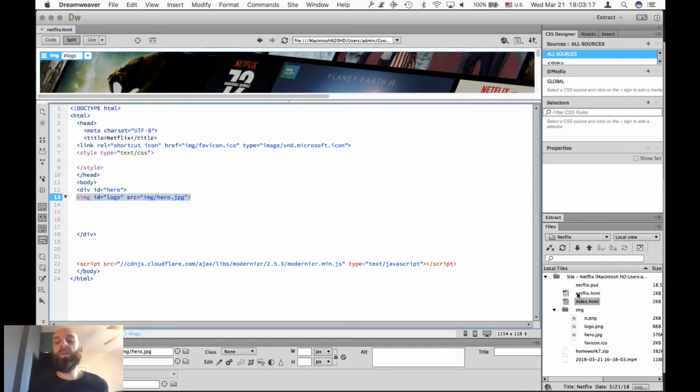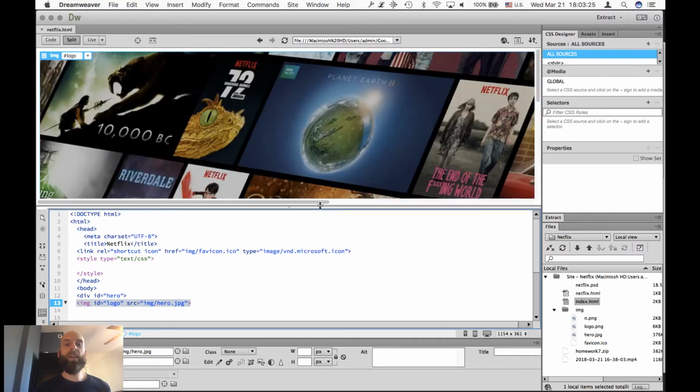But if I wanted to view Netflix, I would do the domain, whatever, .com/netflix.html. So I already noticed I made a mistake here. I did not want to use the hero image for the logo. I wanted to use logo.png for the logo. So I'm going to highlight that,